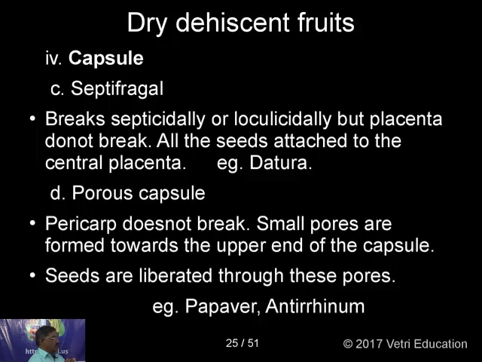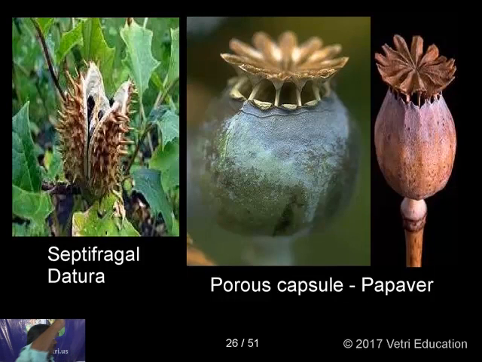The pericarp does not break, and small pores are formed towards the end of the capsule, just below the stigma, and seeds are liberated through these pores. Example, papaver and antirrhinum. So here the first one, septifragal capsule, it breaks in 4 directions, and the central placenta